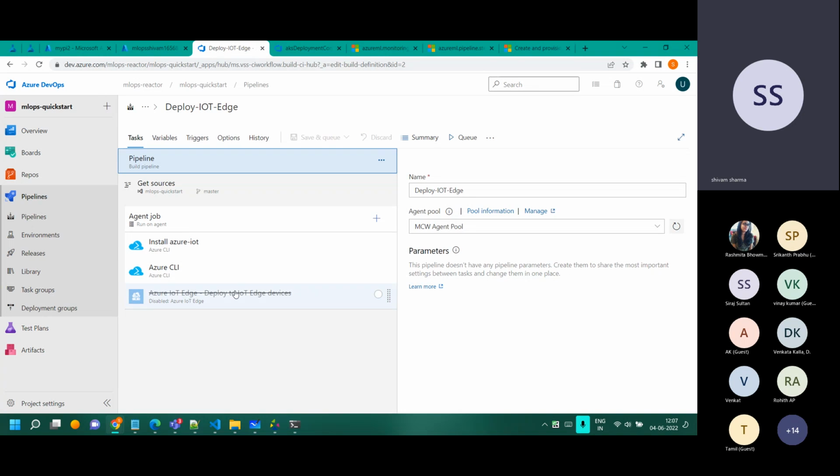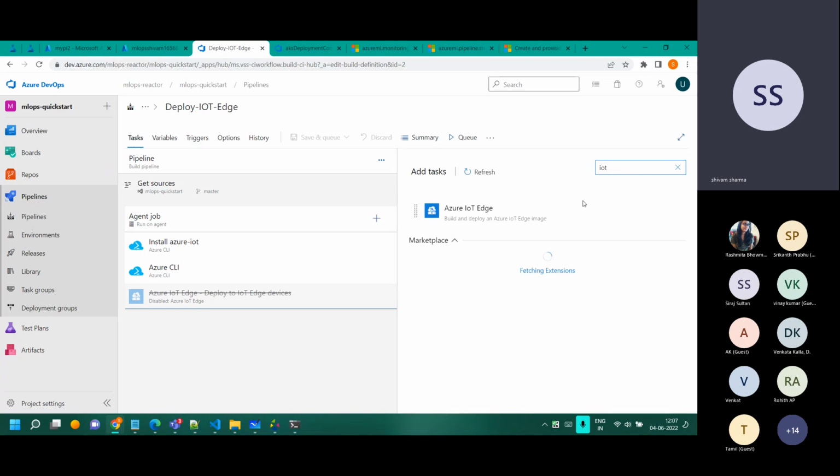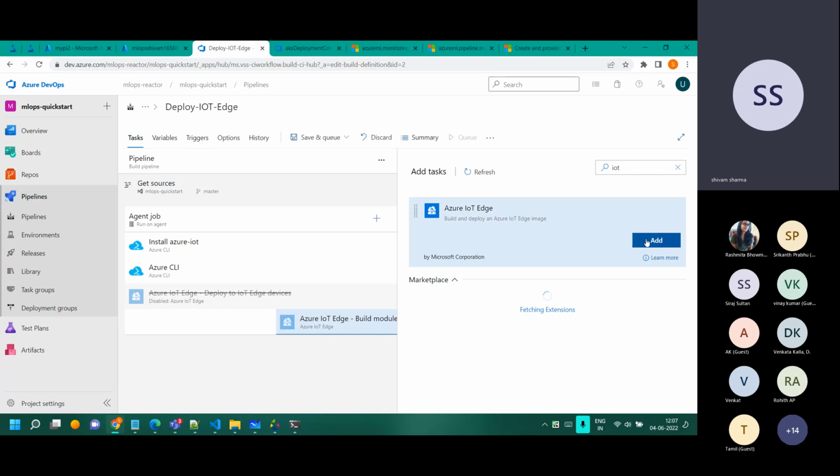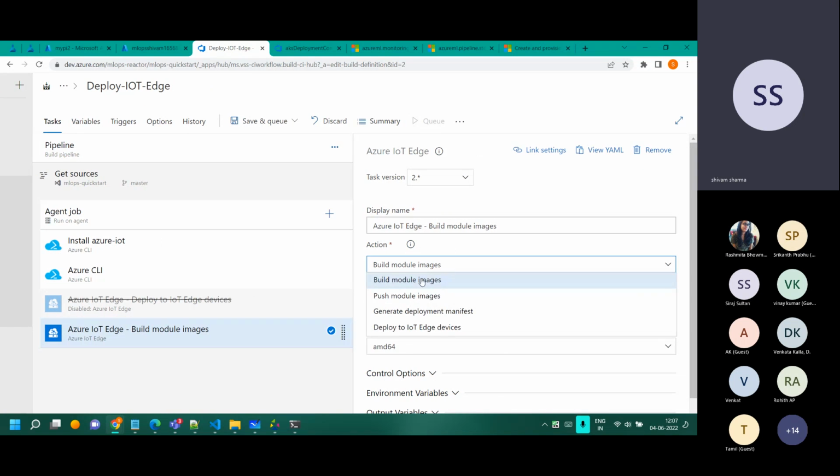One thing I have done here is to show you that the IoT Edge module steps are available. There are three things which we have to do. Build image is first, push image is second, third is deploy to IoT Edge. So build, push, and then deploy.